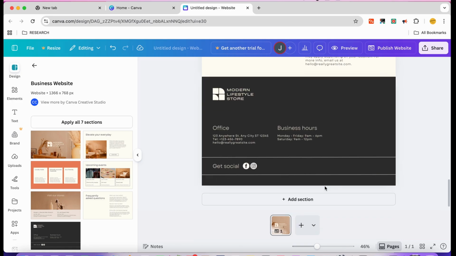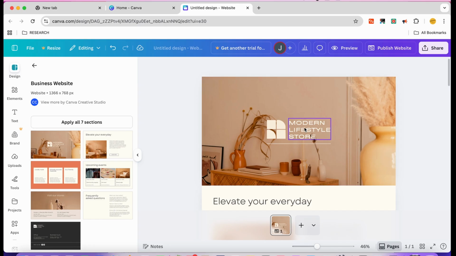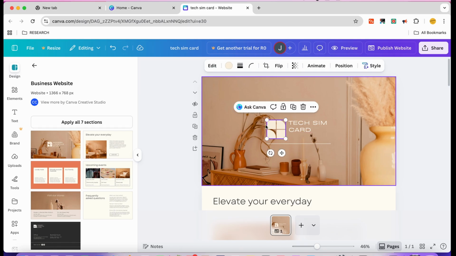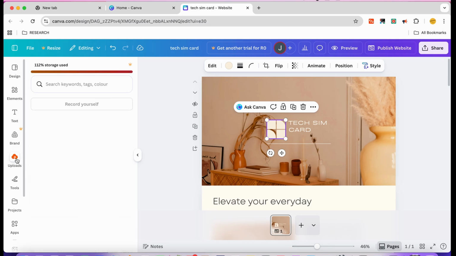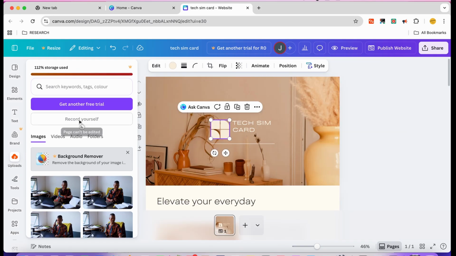Let's have a look. So we've got all these tabs. If you scroll down, you see it's like a little basic template of a website. So let's say I want to change this to tech sim card, which is me. I can put my logo if I wanted to, whatever you want to put on there. Basically, let's say it's finding some pictures of people that I've helped. I'm going to upload,